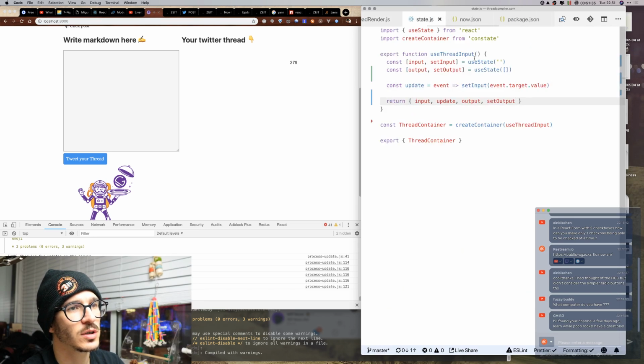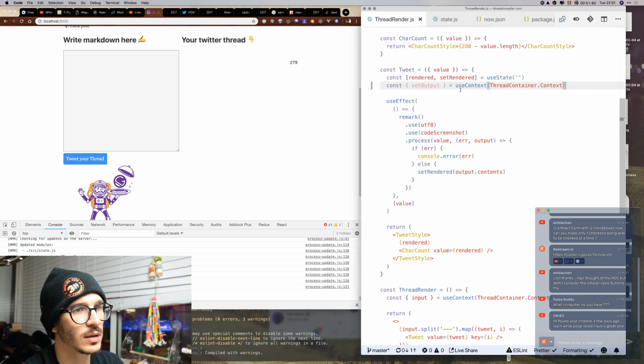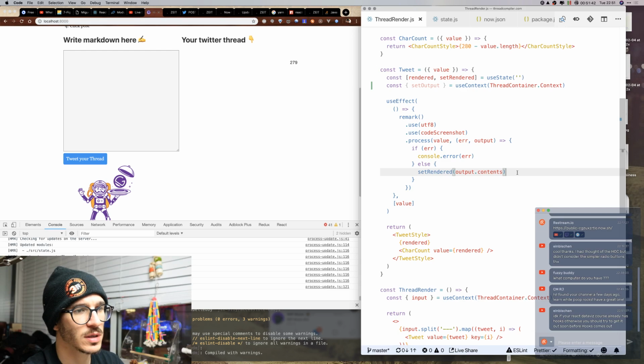And here we go, state JSON. Set output is going to start as an empty thing as well. Thread render. So when we say set rendered,